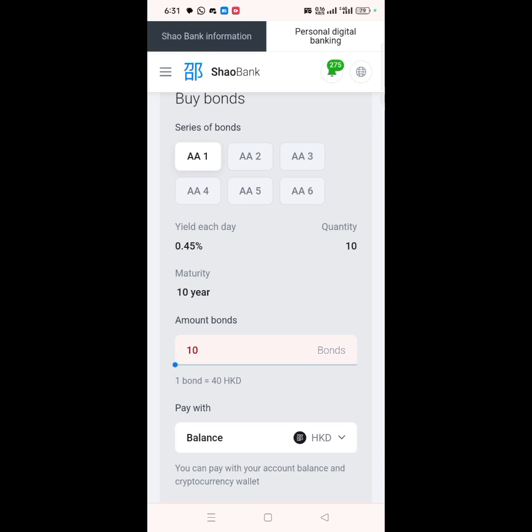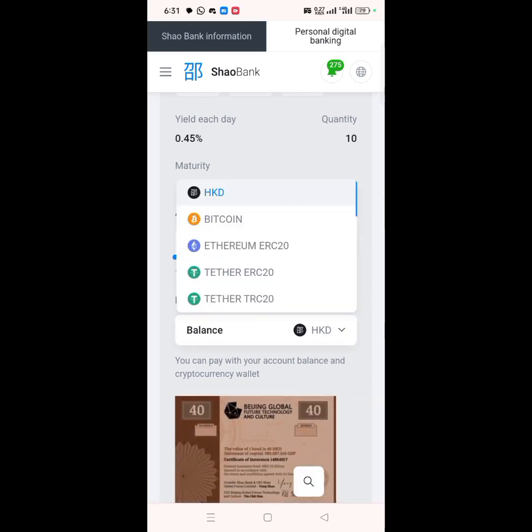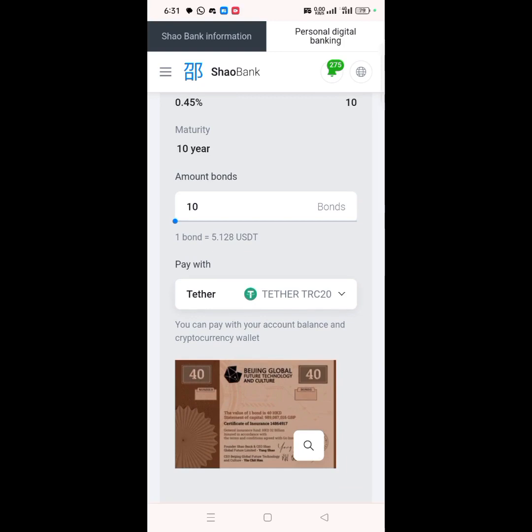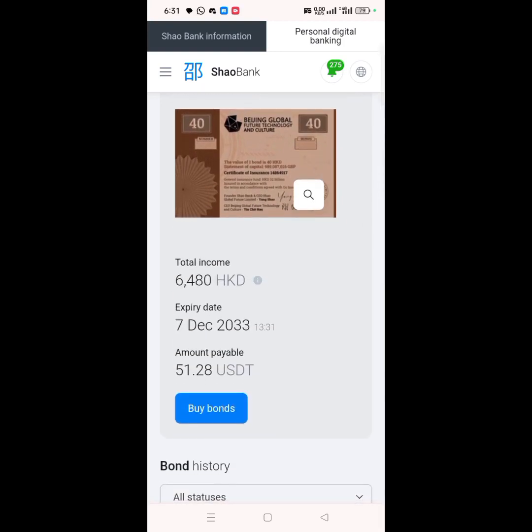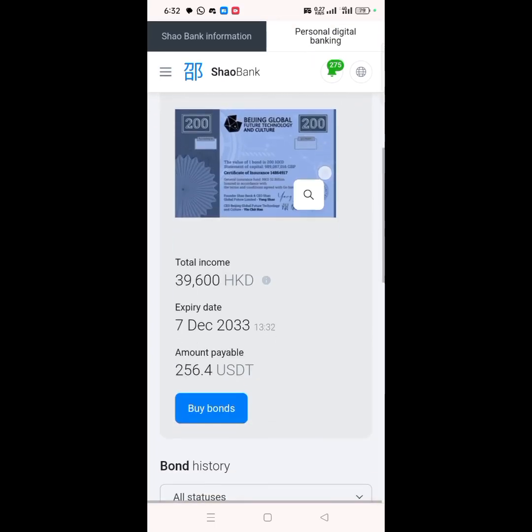So for you to know how much it's going to cost you, change this particular balance of Hong Kong dollars to TRC20. It's going to show you the exact amount. Minimum buying is 10 bonds. So for example, this particular one is going to cost you 51.28 USDT, and I think this is the minimum amount of it. So you can check out the other bonds and what they are going to cost you. This particular one is going to cost you